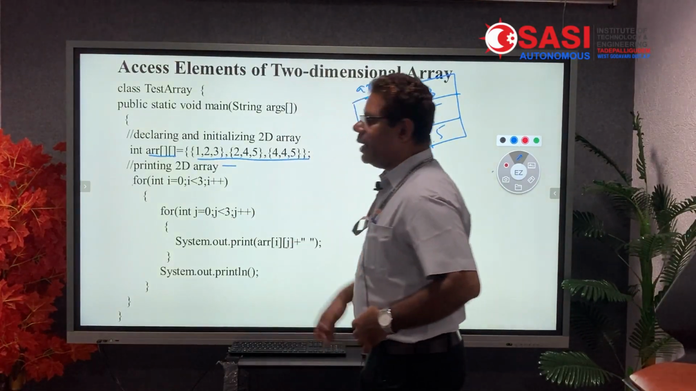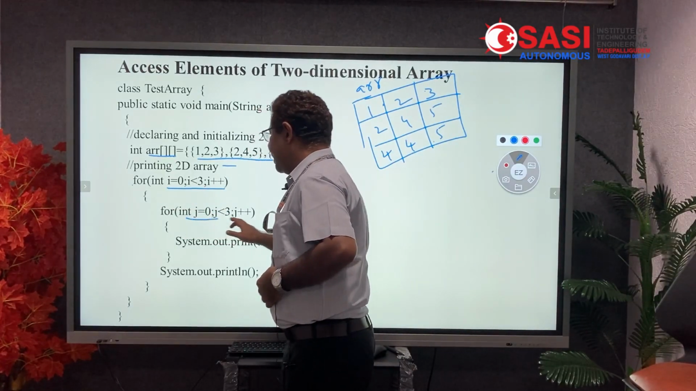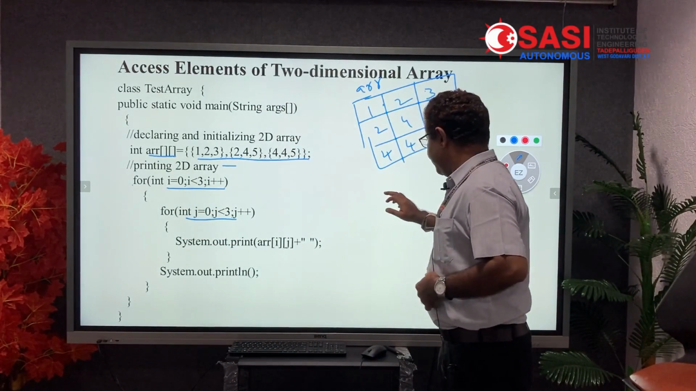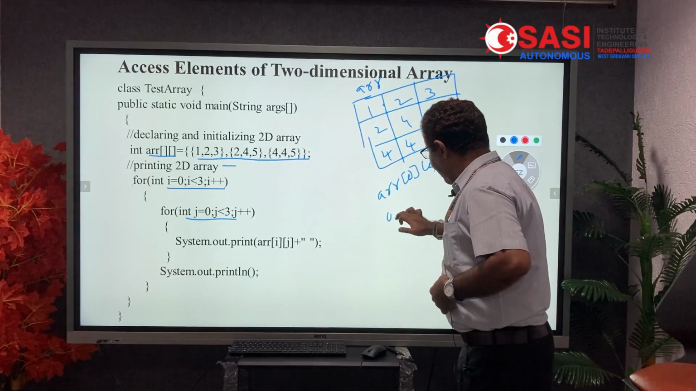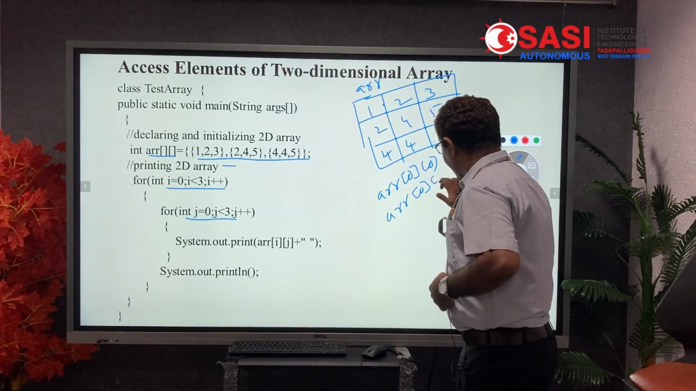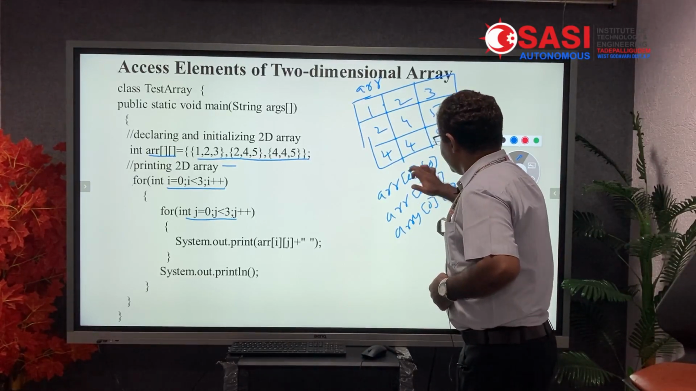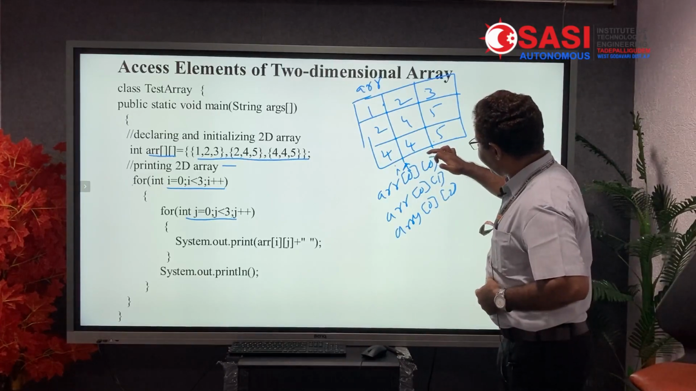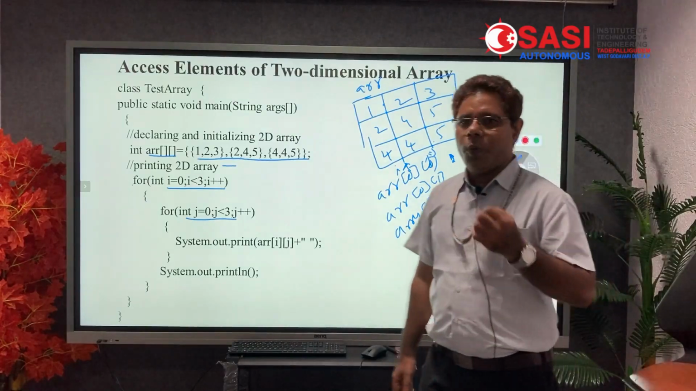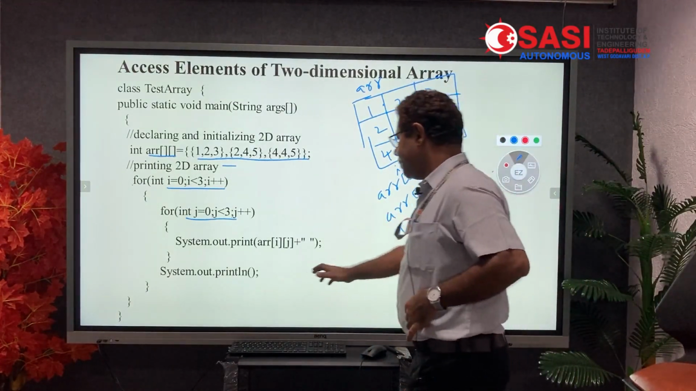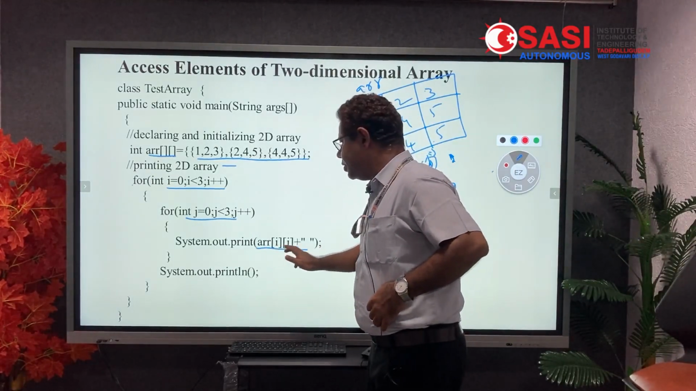For that we can use two for loops. One for loop for i and the second for loop for j. That means we need to access array of 0, 0, array of 0, 1, array of 0, 2. The first index specifies the i value, the second index specifies the j value. So that's why we need two for loops. Here first we will print array of 0 0, second value array of 0 1,